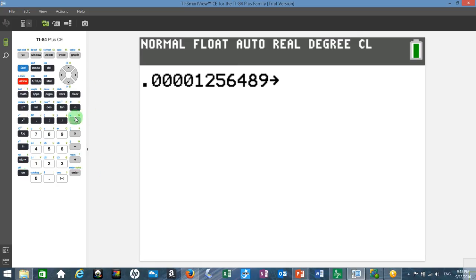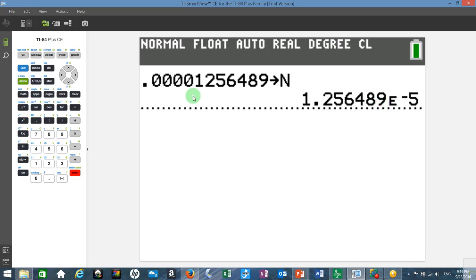Now, what does n mean? N means numerator. So that is my numerator. So I hit enter, and that is stored in the numerator position. Now the denominator, I do all my math for the denominator. This usually happens when you're doing an amortization formula where you're trying to find the car payment, and you got all these numbers in the top and all these numbers in the bottom, and you get it down to a certain point and you have to write it down. No. Let's say the denominator is